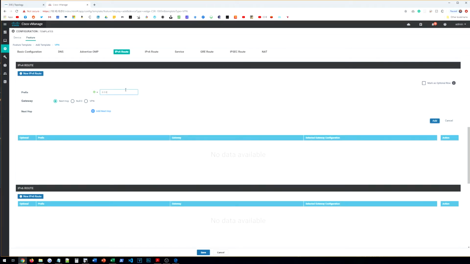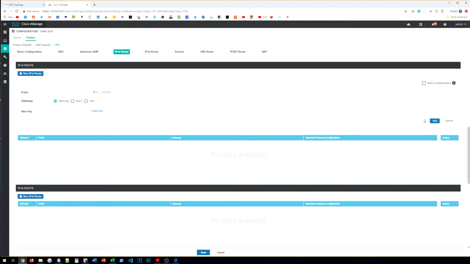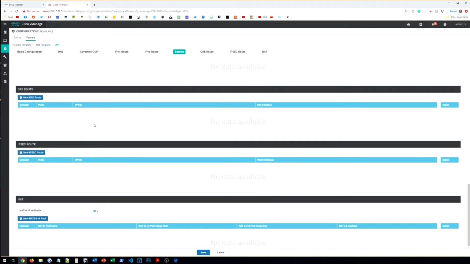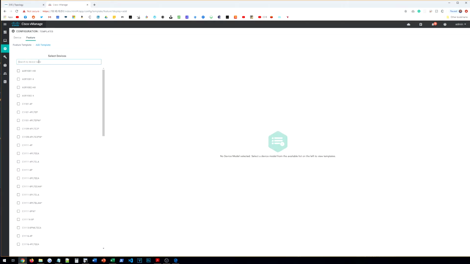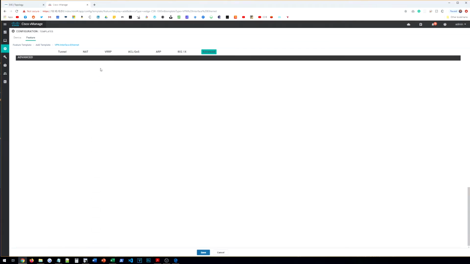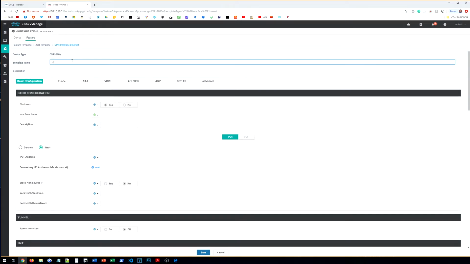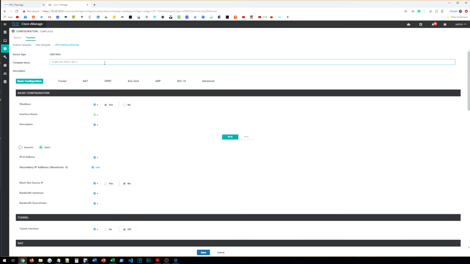So we're working on VPN 512 right now, so we know the default route for that is going to 10.10.10.1. And this can remain as a global because everybody's on the same management network. And everything else can stay the same. We can click save. And then we're just going to give that guy an interface. So CSR, do interface Ethernet, and we will set up our VPN 512 interface. So VPN 512 interface, and I think it's using gig 5. So G5,